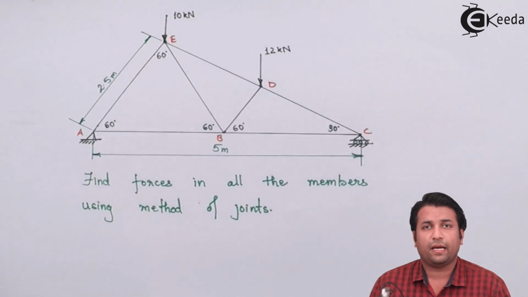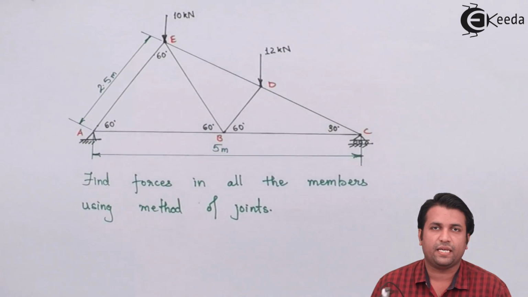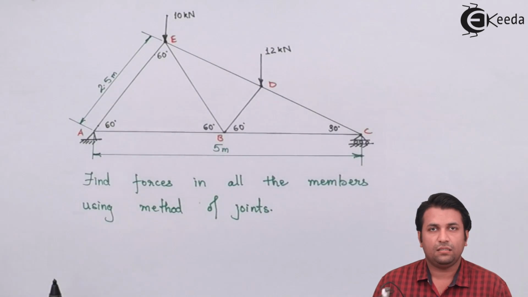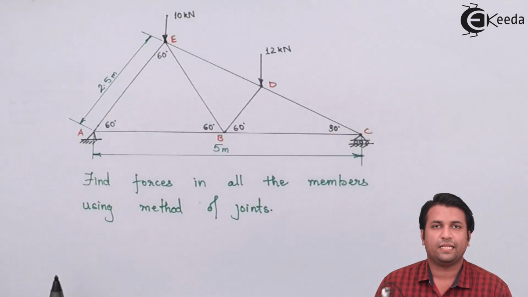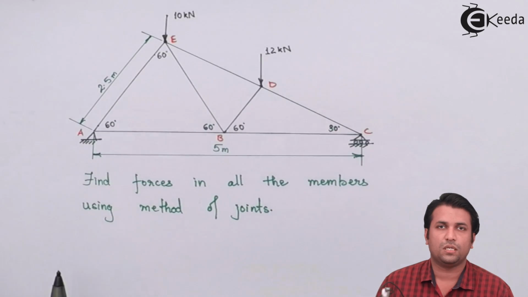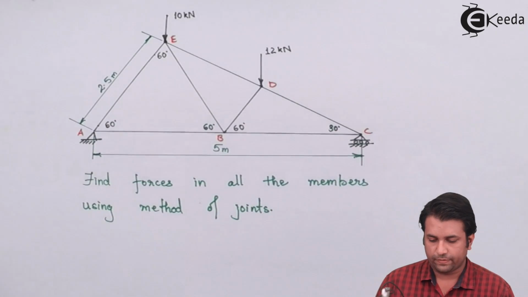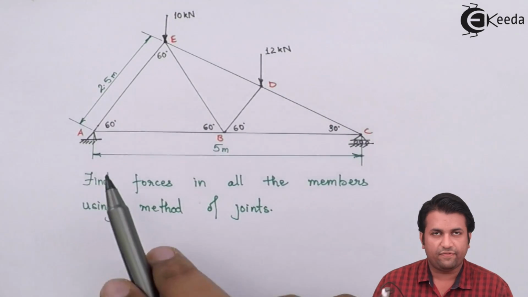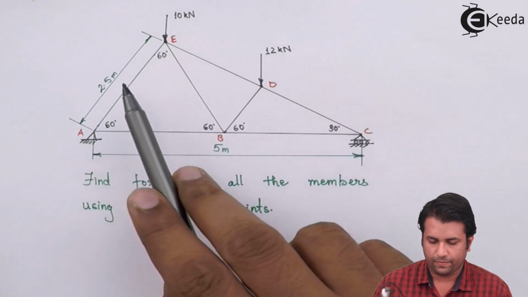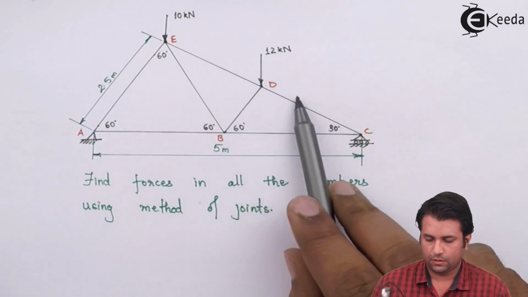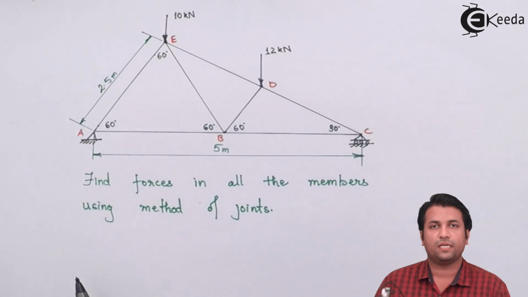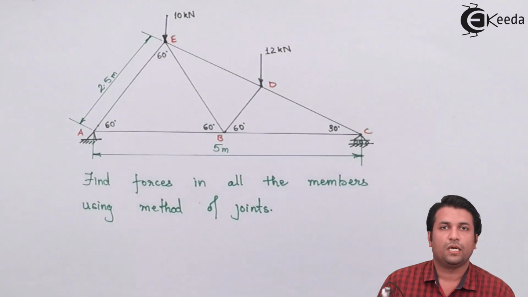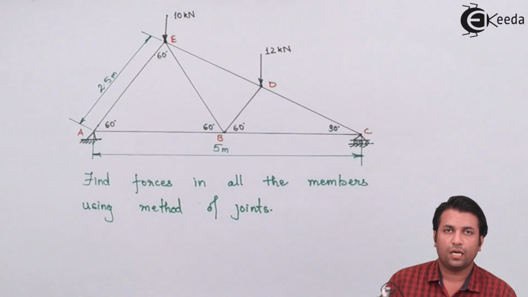So the routine application that we do in this case is we have to first apply the stability criteria, find out the support reactions, and then we move ahead to find out the forces in all the members. Now the first step being stability criteria, we'll find out how many members we have. The number of members is 7. Since I'm having one hinge support and one roller support, the total number of reactions will be 3, and the